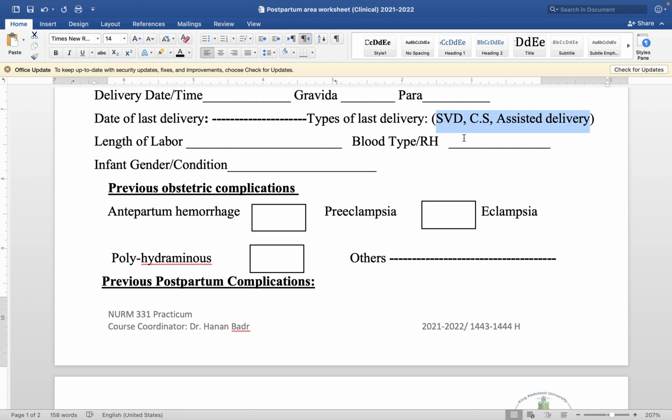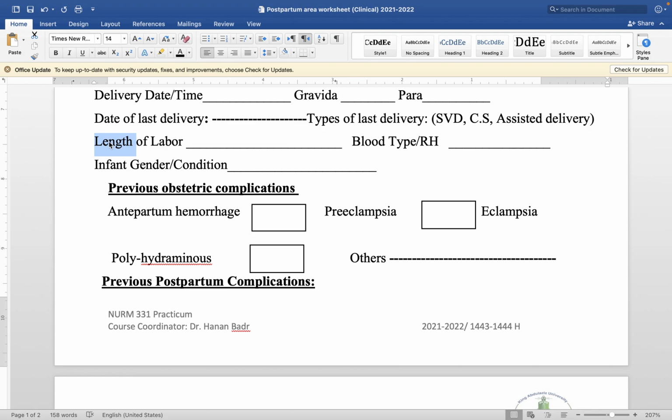And we will understand the difference between each term just briefly. SVD, spontaneous vaginal delivery, normal delivery; CS, cesarean section, operative delivery; assisted delivery, if the physician, obstetrician, or the midwife had to use a certain type of instrument during delivery, such as forceps and vacuum,